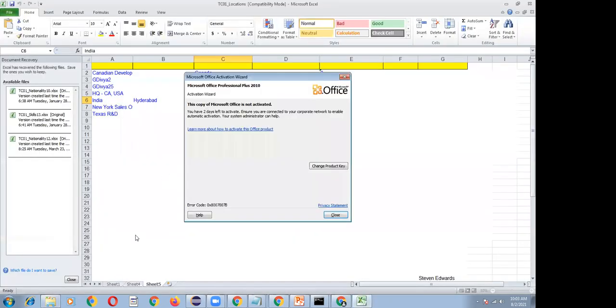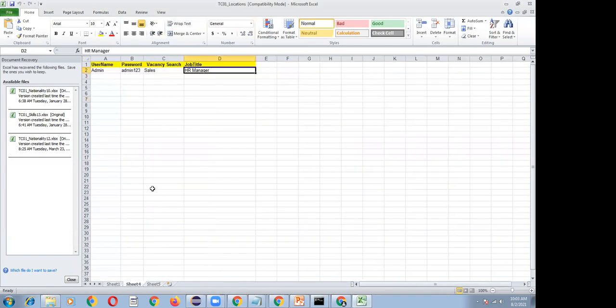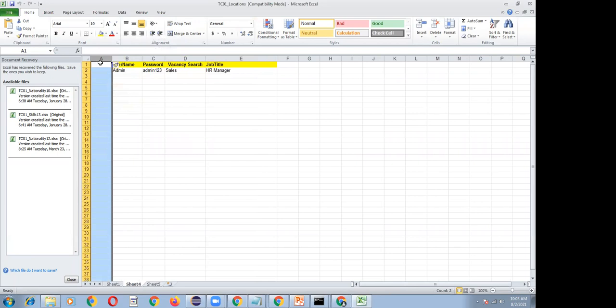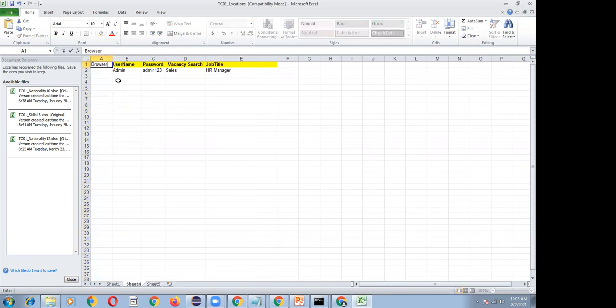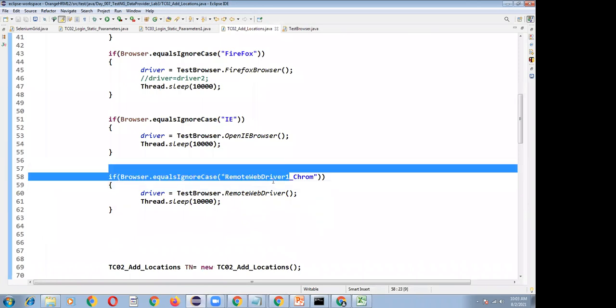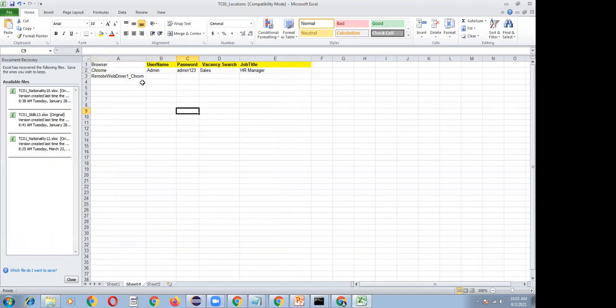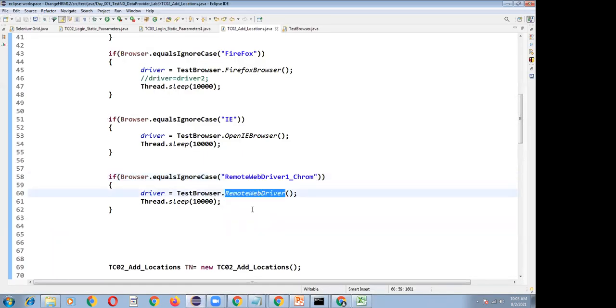So if I go to this Excel sheet, what I will do is, in the first browser parameter value, what I will give. If it contains a browser, I will give it for the first iteration. If I specify like this, Chrome, the session will be launched on the local system only. But if I specify my parameter value as this one, then the second iteration will start in the remote node system. So based on my parameter value, the browser will be launched.